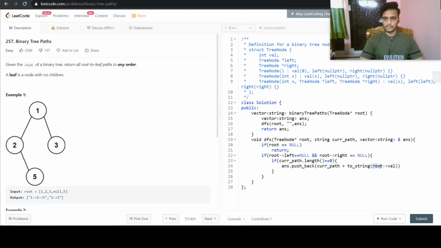So root's value is holding the value that is currently in that particular node of the tree, and we are converting that integer value to string, and then we are adding to our current path, and then we are adding the current path to our answer vector. Let us reload the page once.